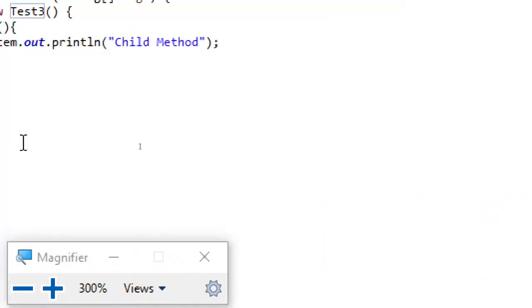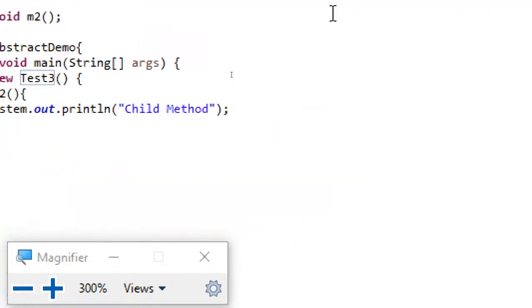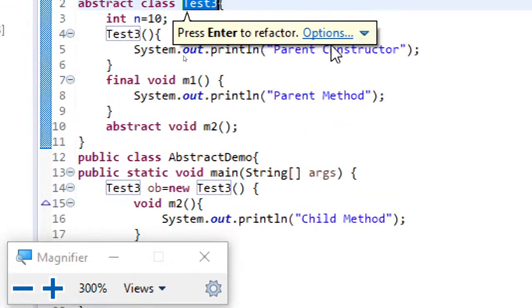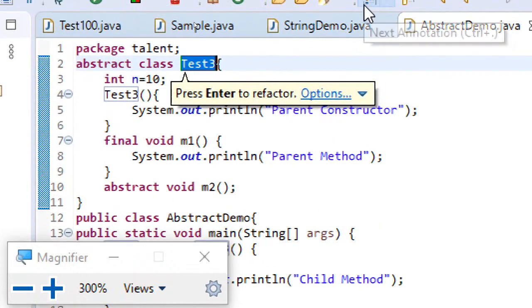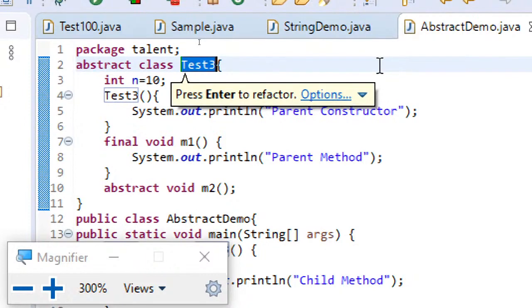Just click that rename, and then here you can see the options we got here. A drop down menu appeared here. This I am showing for renaming, because this particular test 3 might be reflecting in many places. Right now this might be a simple class which might be occurring in 3 to 4 places, but think of,